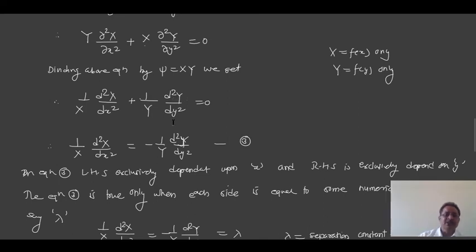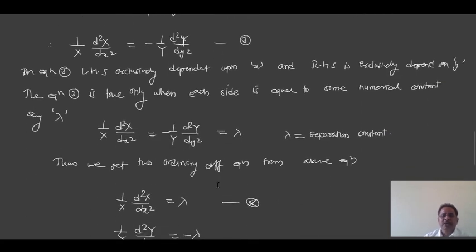That is my equation. Then I have separated the first term and second term of this equation. That is my equation number 3, and I used a method that shows me that equation number 3's left hand side is completely dependent upon small x, and the right hand side is completely dependent upon small y.